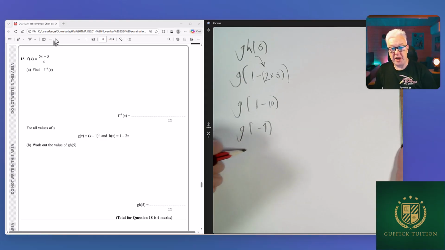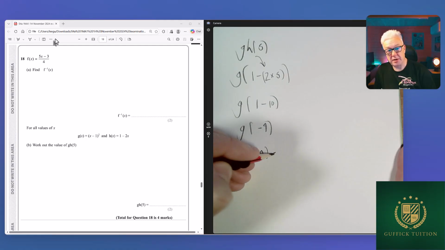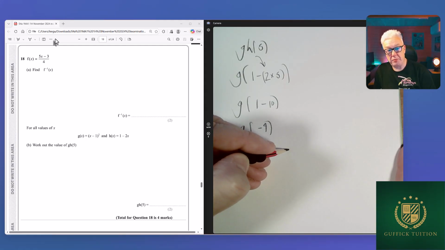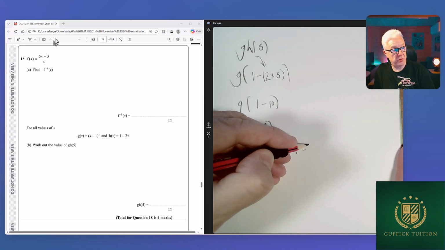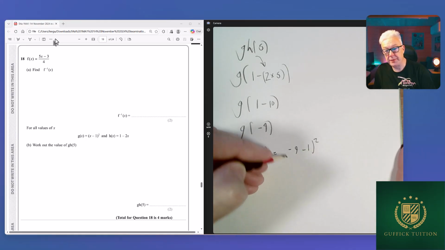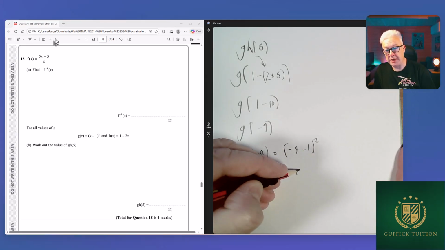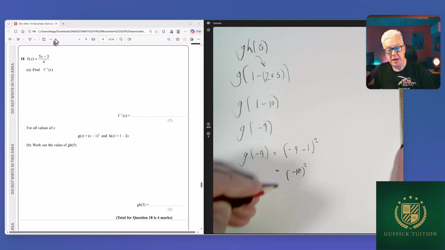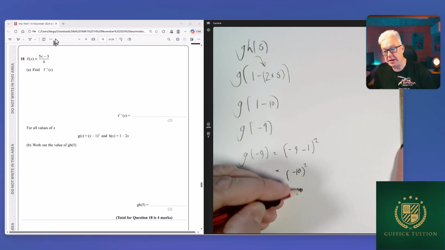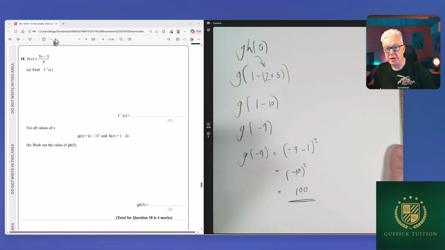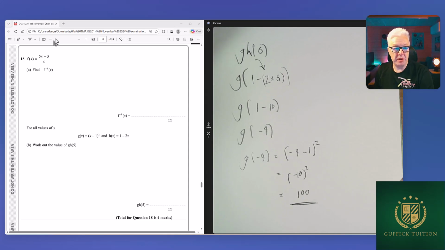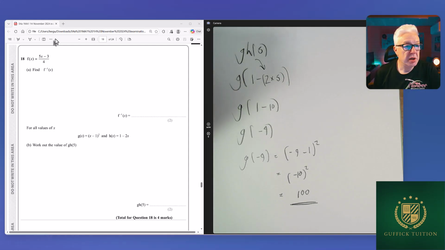And what is g of x? g of minus 9 is going to equal (minus 9 minus 1) all squared, which is therefore going to be (minus 10) all squared, and (minus 10) all squared is going to be 100. So that's how I would recommend that you find that composite function. So to be fair, quite a nice little